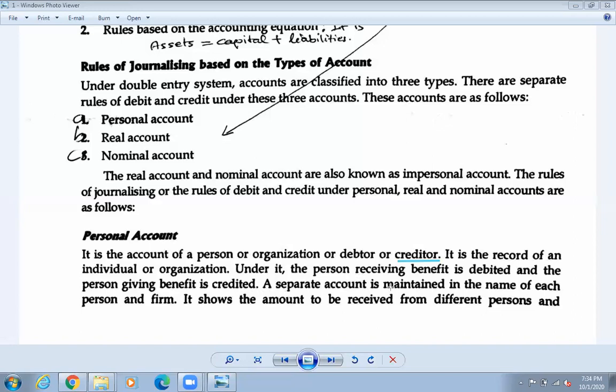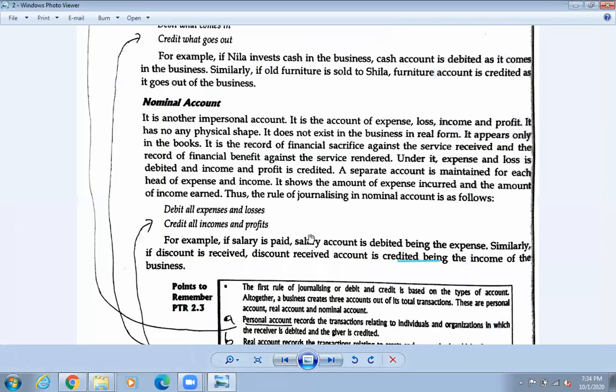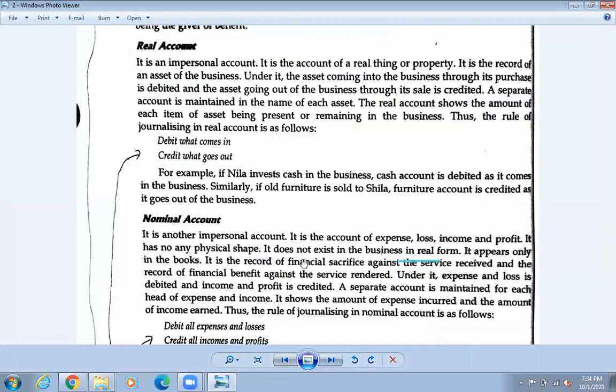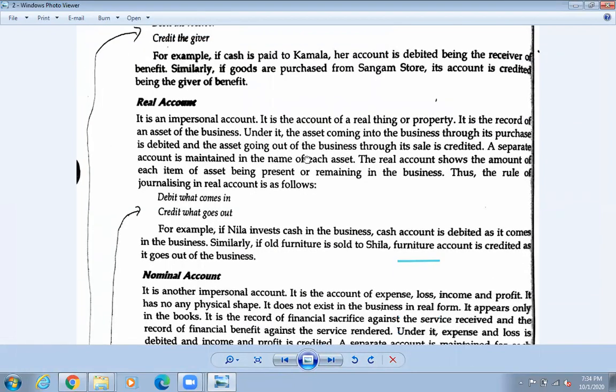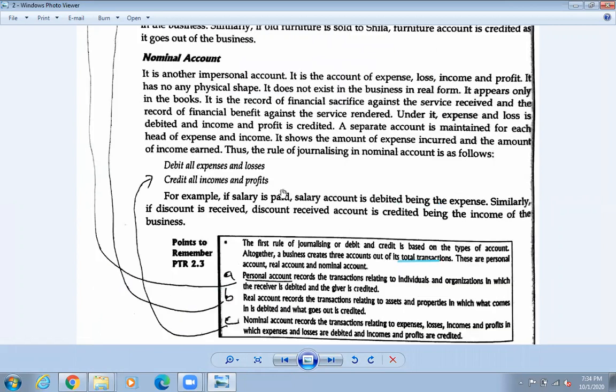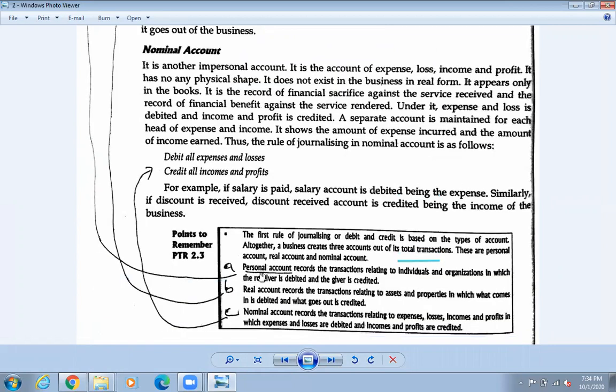A separate account is maintained in the name of each person and firm, and it shows the amount to be received from different persons. So you need to receive the balance afterwards, some day you will receive it. So where to write its definition, and how? Write down the definition of personal account from here. After writing all the questions and points, the two types of accounts,